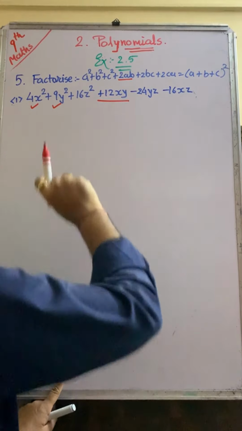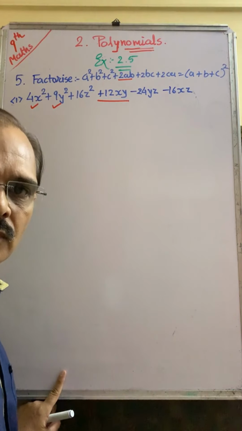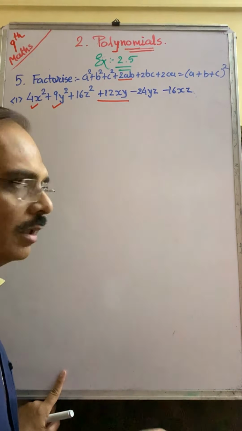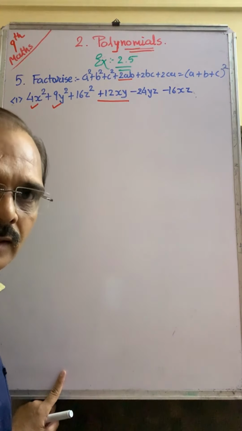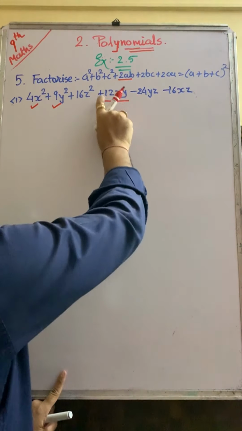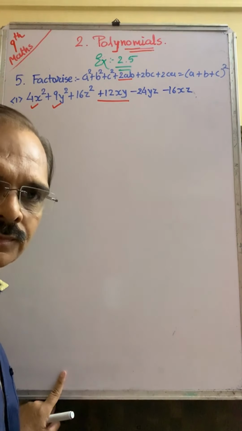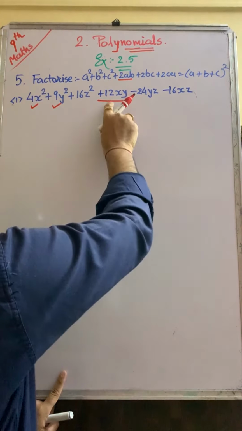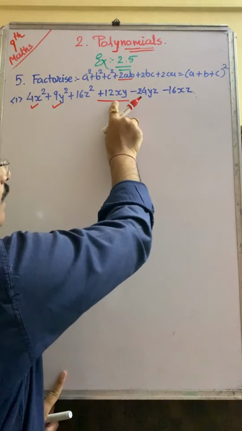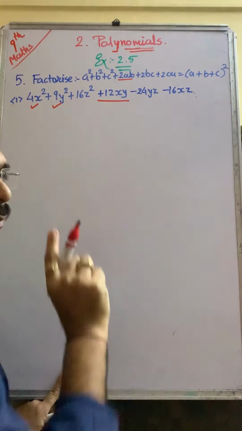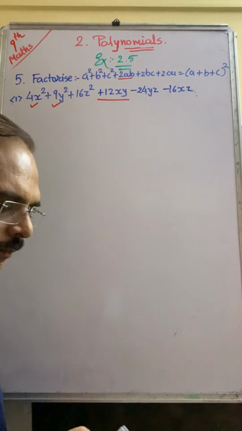So the c term we take negative. Okay, and vice versa also. You can take these two terms negative and this term positive, but generally we take what? Out of the last three terms, focus on the positive term. Find out its position, whether it is AB or BC or CA position. Here it is AB position, so A and B we take positive, and the third C term we take negative. Is it okay?